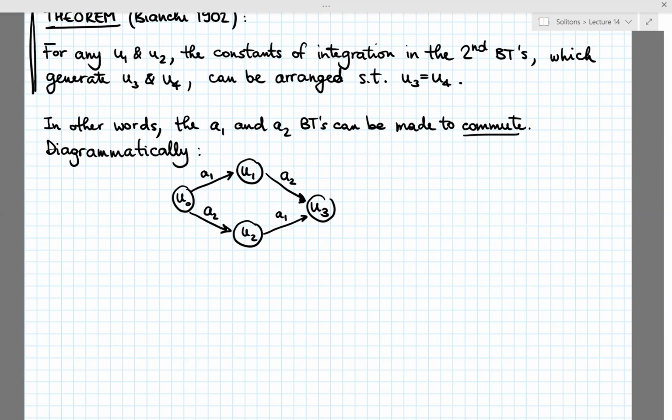So I'll spare you the proof of this theorem, which is a little involved. Hopefully the statement makes intuitive sense given the soliton content of U3 and U4. So they both look like U0 plus two added solitons. Instead, we'll focus on the application of this theorem